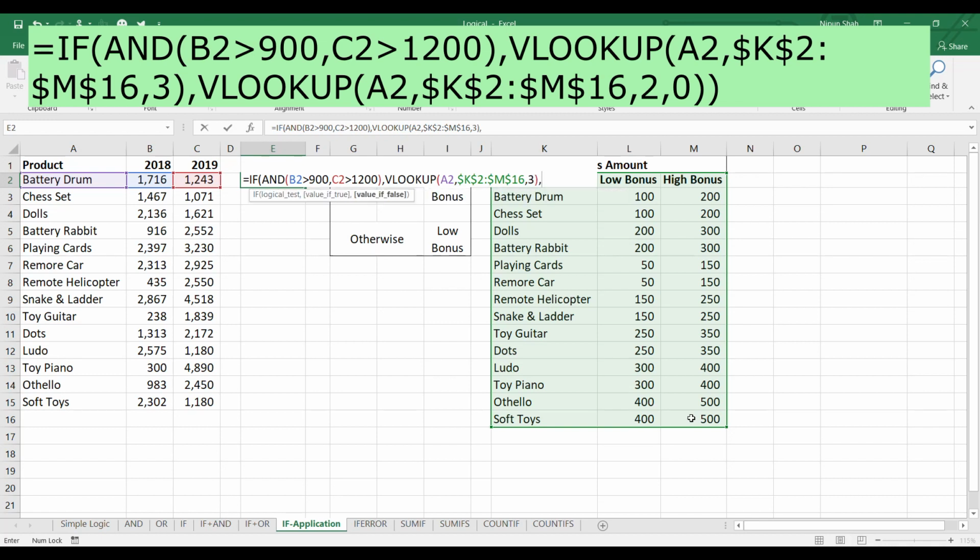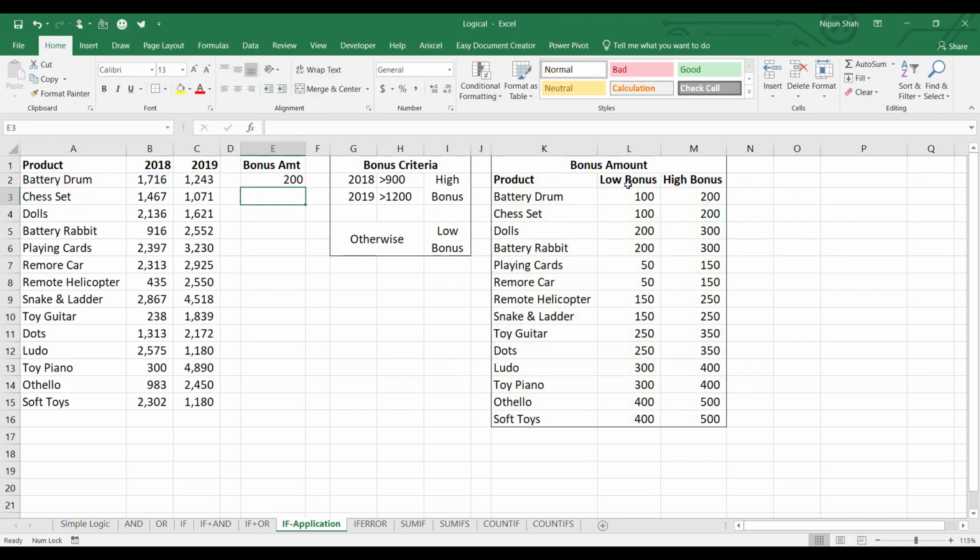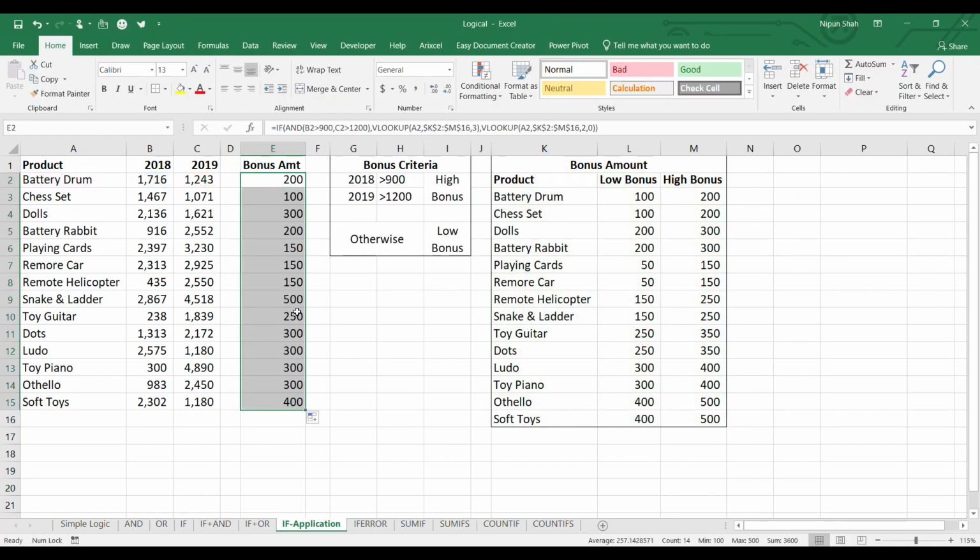Close VLOOKUP, comma. Now we will define the value if false. If the criteria is not met, then the branch is eligible for a lower bonus. So we look up this in this table, column number 2 and exact match. Close VLOOKUP, close IF and enter. Drag the formula and Excel is returning me the correct amount of bonus.